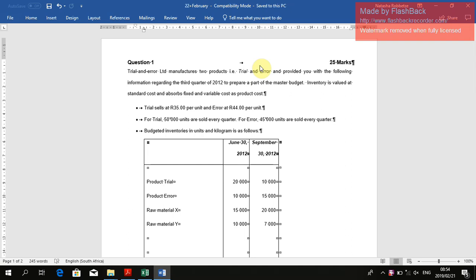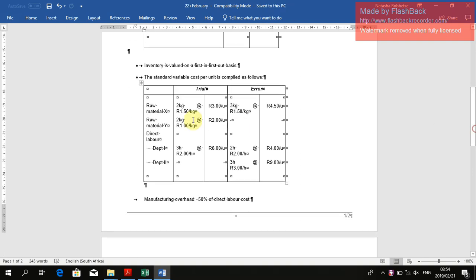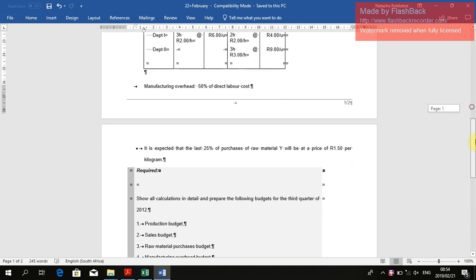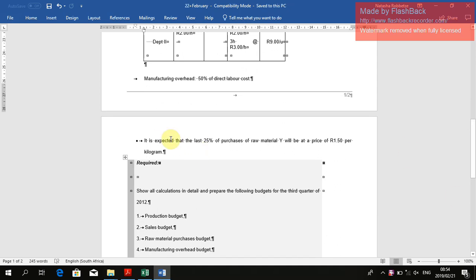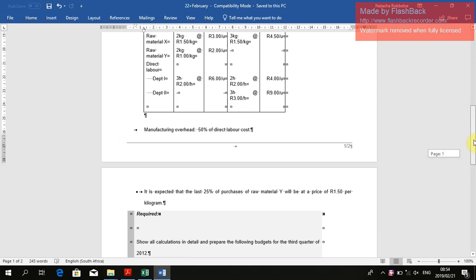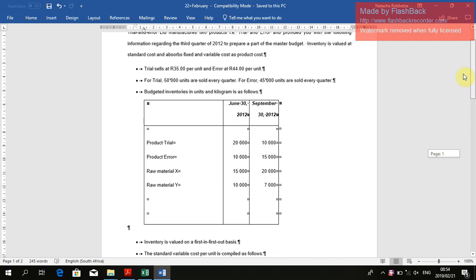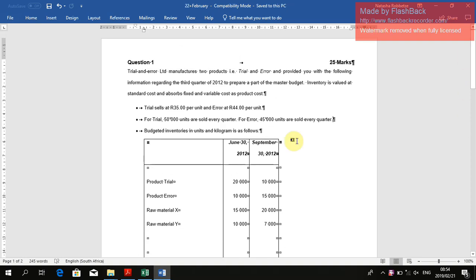This is a question that I have posted. It is called Trial and Error, and I think it's quite a good question because it consists of the production of two different types of products. There are also two different types of material inputs, and two departments for the calculation of labor costs. Lastly, there's also an increase in the material costs at the end of the year, or rather the end of the quarter. So I think this is quite an interesting question, so I want us to try it